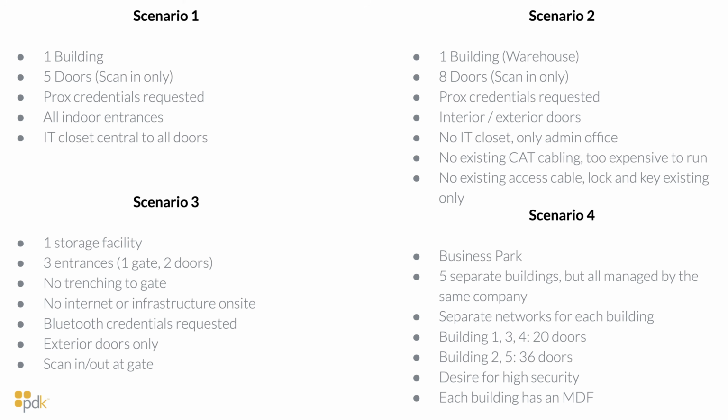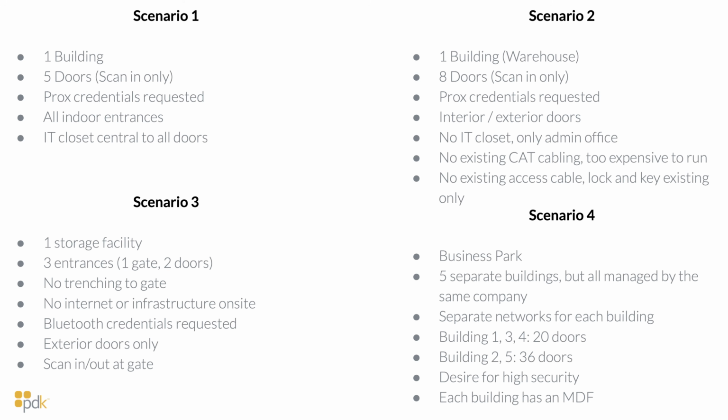Bluetooth credentials have been requested. There are exterior doors only, and there is a scan in and scan out at the gate, which means that you will need 2 relays. Spoiler alert. Scenario 4, we have a business park, which has 5 separate buildings, but they're all managed by the